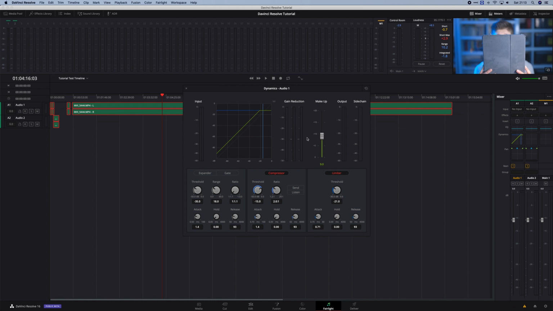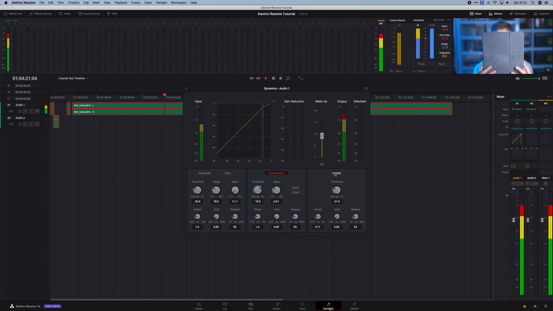I'm not that knowledgeable in audio post-production, but I know enough to do some very basic adjustments here to make the dialogue a bit clearer. Once again, if you'd like me to cover this in a little more depth, then please let me know in the comments section down below. Once I've experimented around with the controls a bit, mainly the makeup and threshold for the limiter and the threshold